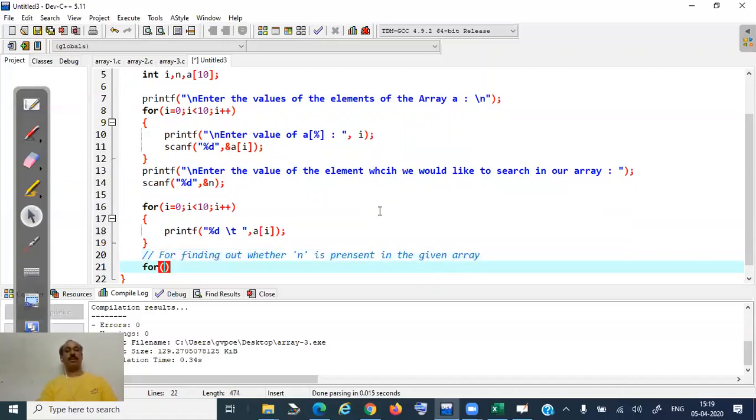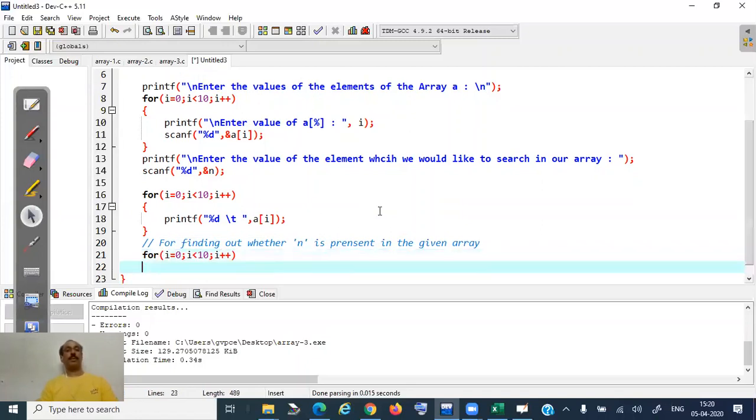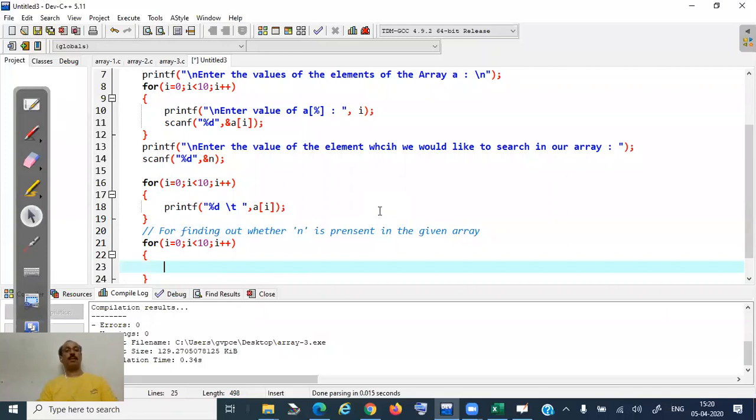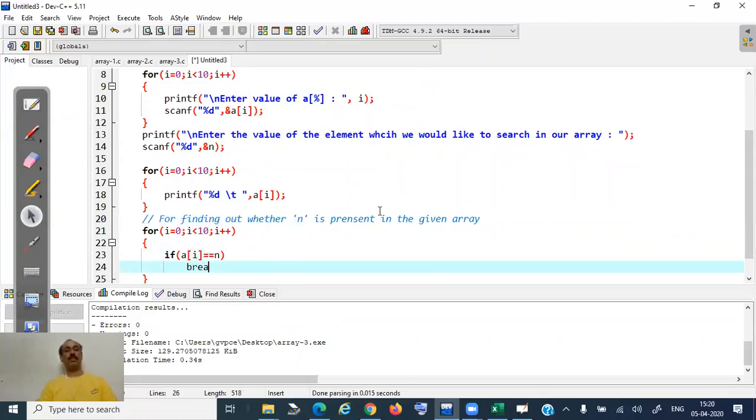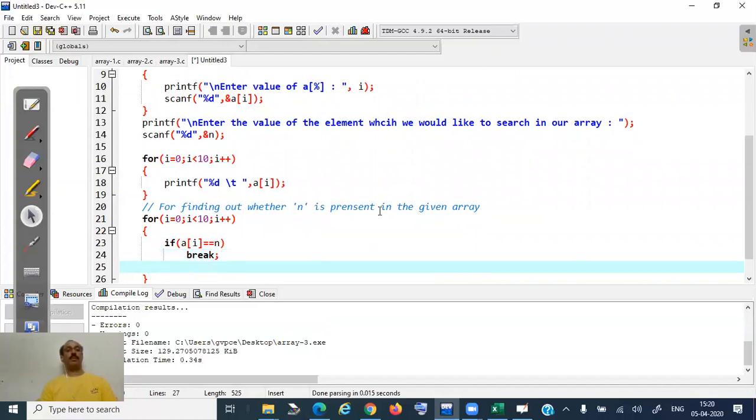So how to check? Again, I need to write for i is equal to 0, i less than 10, i plus plus, if a[i] double equal to n, that means the element exists, I'll write break, otherwise I'll not do anything, right? So